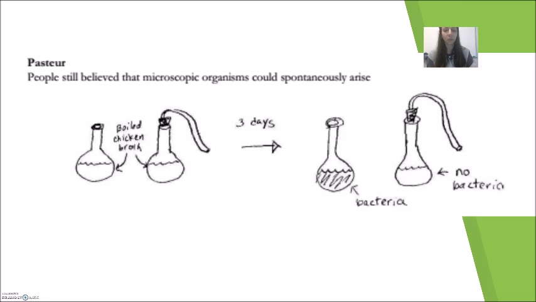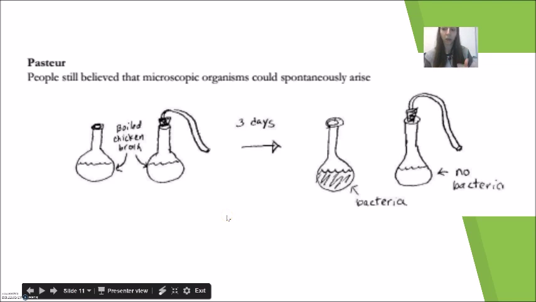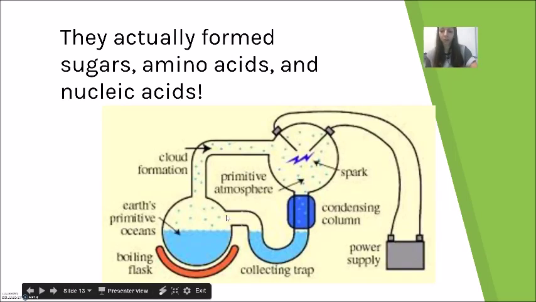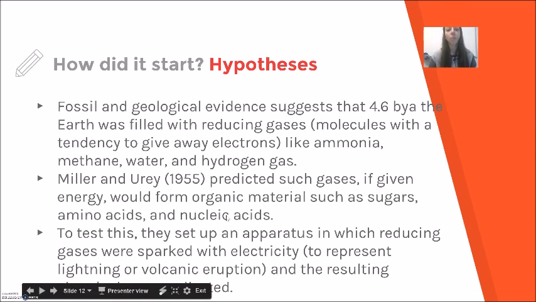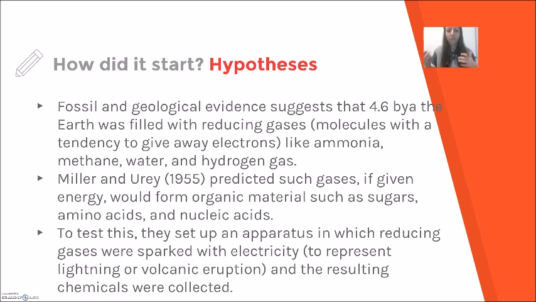And so he did an experiment as well where he prevented bacteria from growing in chicken broth by creating sort of an S-shaped tube so that the bacteria could be caught if they were airborne. So he disproved spontaneous generation as well. Okay, so what we do know now is that fossil and geological evidence suggests that 4.6 billion